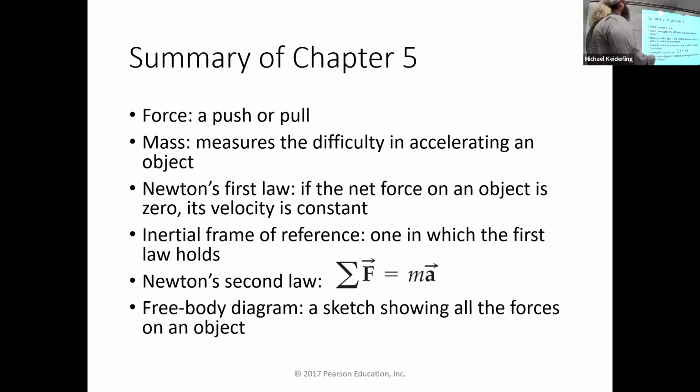A force is a push or a pull. Mass measures the difficulty in accelerating an object. Newton's first law is if the net force on an object is zero, its velocity is constant. An inertial frame of reference is one in which the first law holds. Newton's second law is